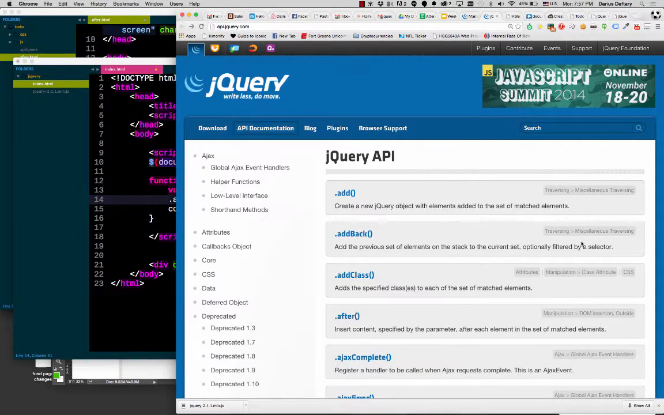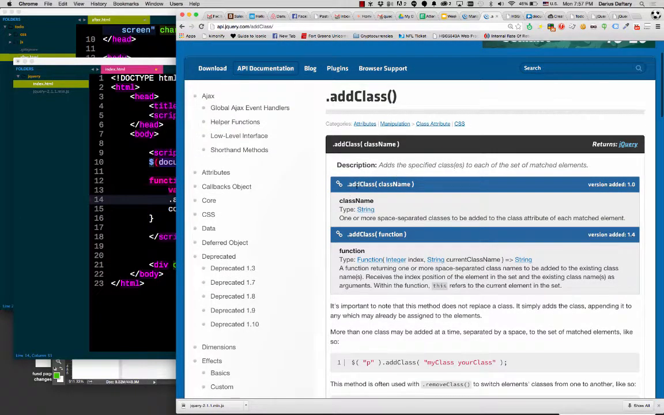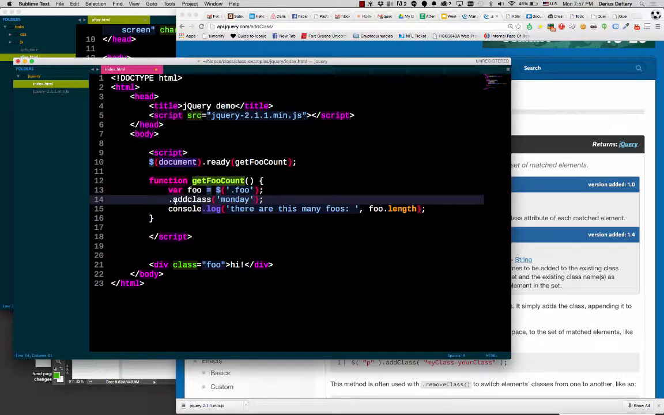If you look over here too at the addClass docs, if you look at class name right here, it says class name. And then here it is, class name, type, string. So you know that you have to pass this a string, right? Yeah. Now, the only problem here is that